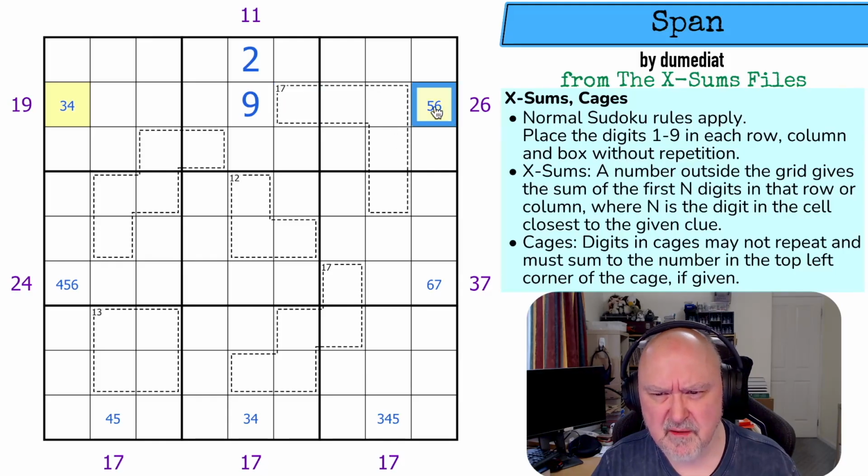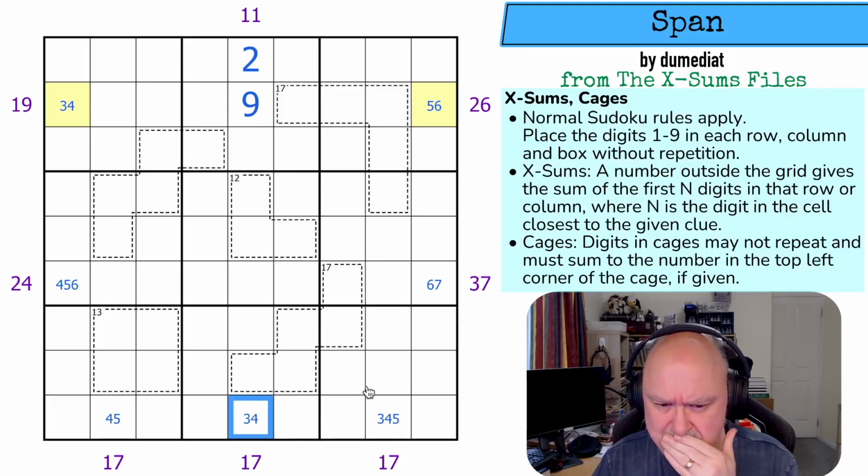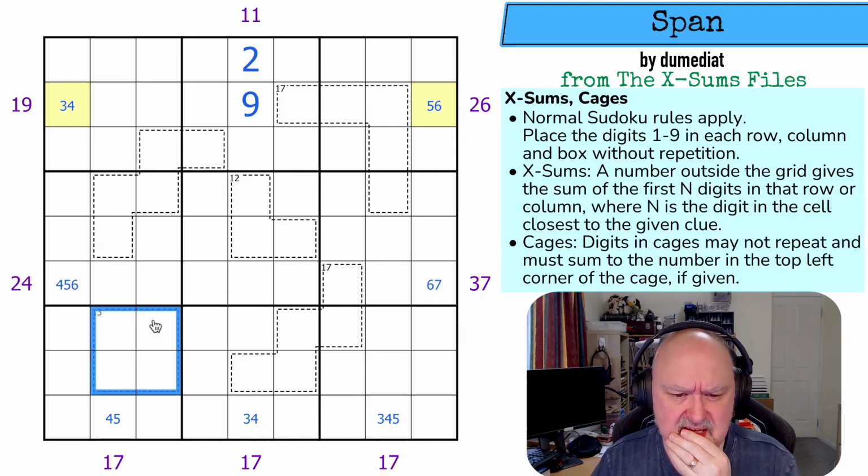Is that right? 5 and 9 is 14. 26 minus 14. Yeah, that's right, isn't it? Those would be 12. Is it this? $13